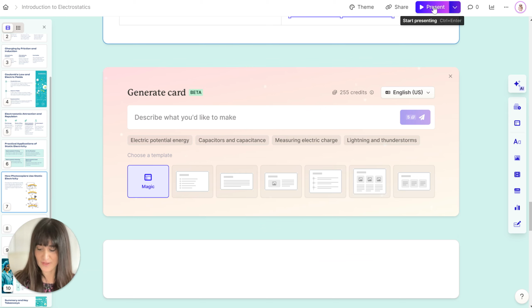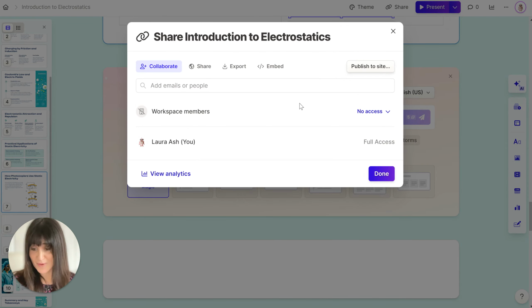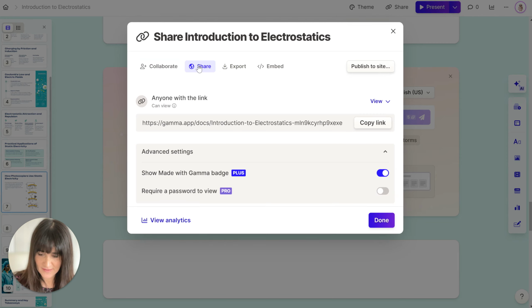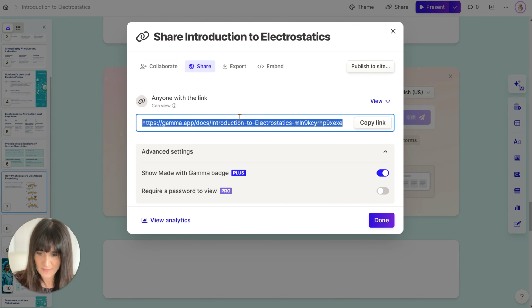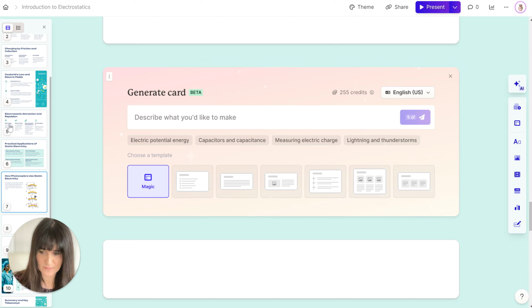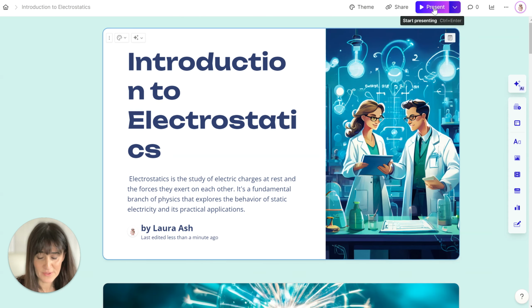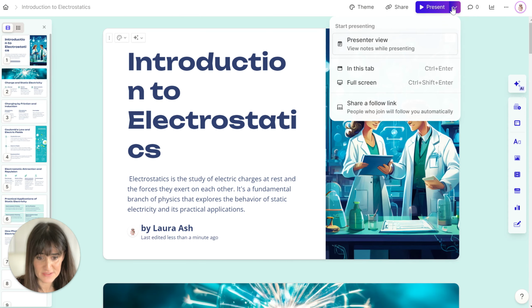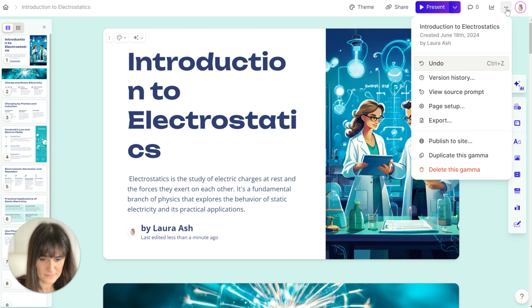Obviously you want to make the changes to make it more suitable for the level of your students, the level that they're learning at, or you can share it, but you can do both. If we click share here, you can copy the link. Okay, so you can now present this to your class, or